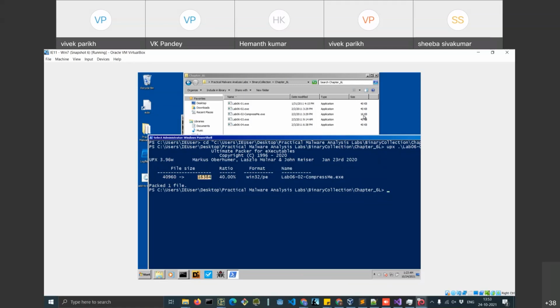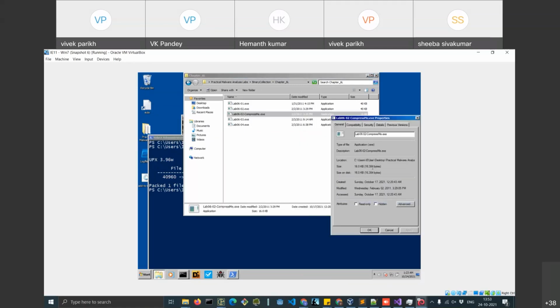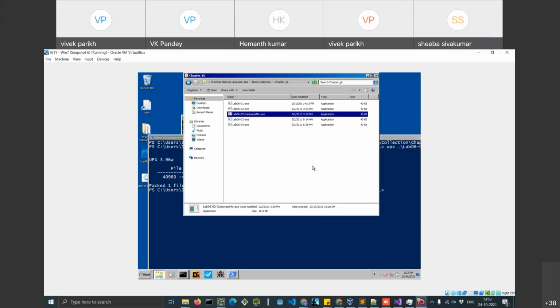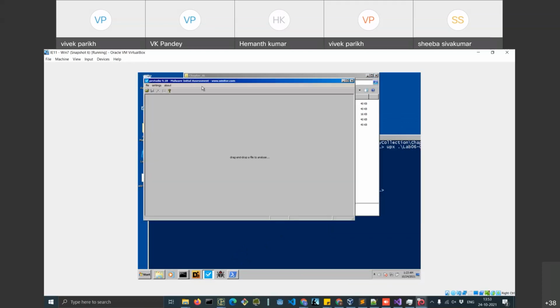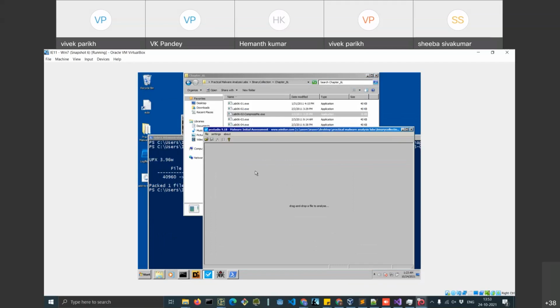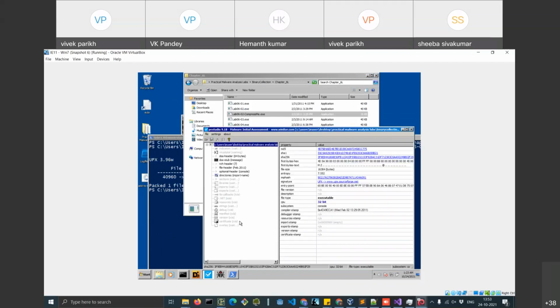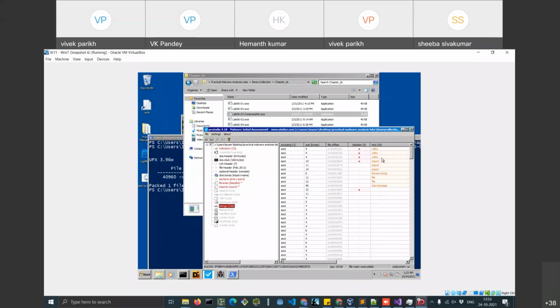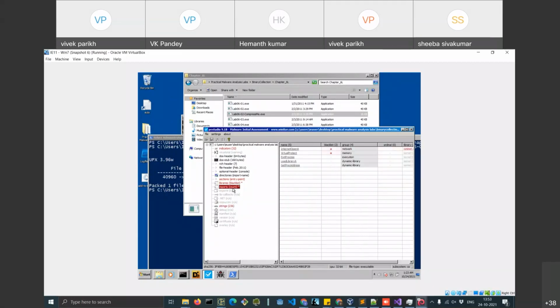Okay, so you can see here, you go to properties, you can see it's only 16 KB. So you can see that this file has been compressed now. Now, when you try to open this particular binary in, let's say, PE Studio, you can see that there is no practical malware analysis. Any string, you don't find it here. And there are some imports. You can see that all the imports have vanished from it.